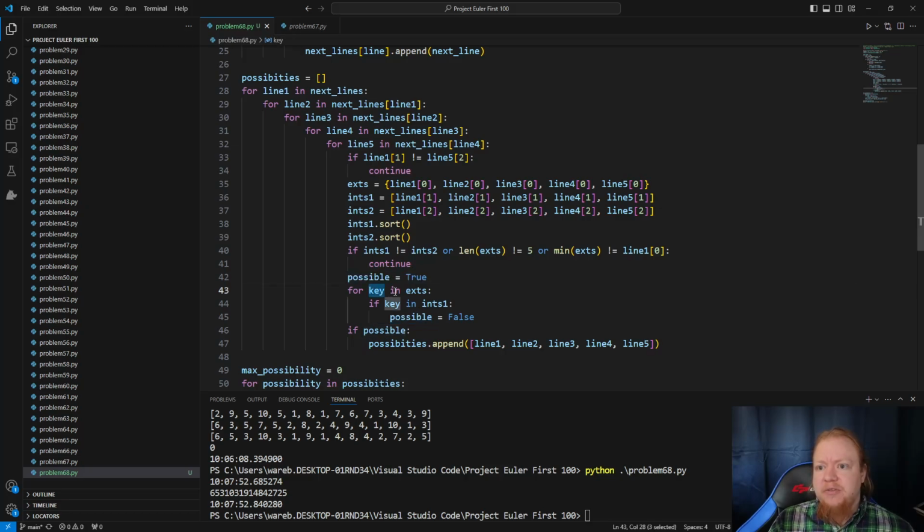So for every key in this exterior dictionary, my